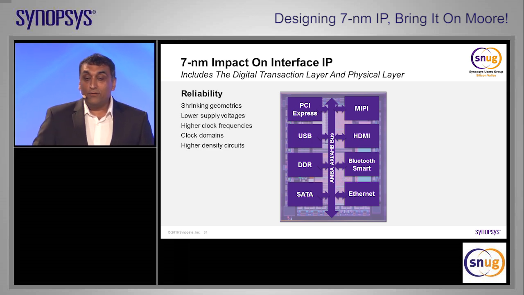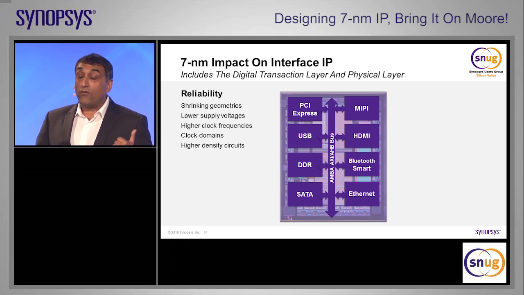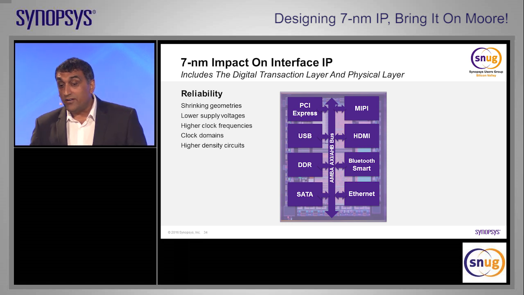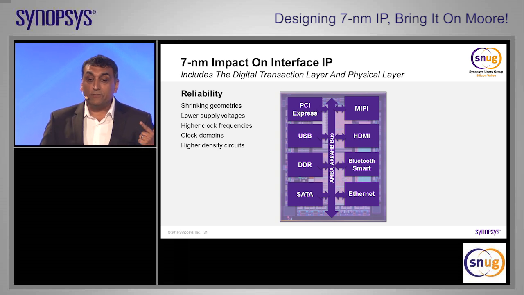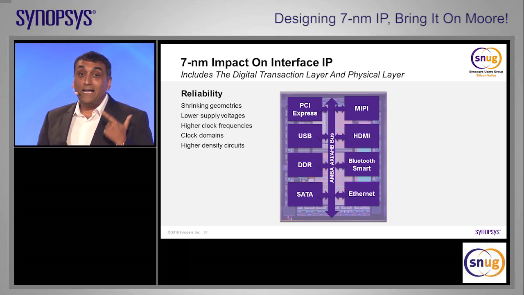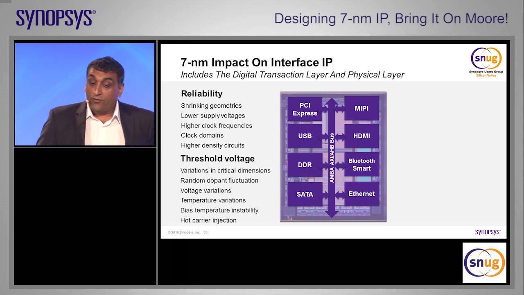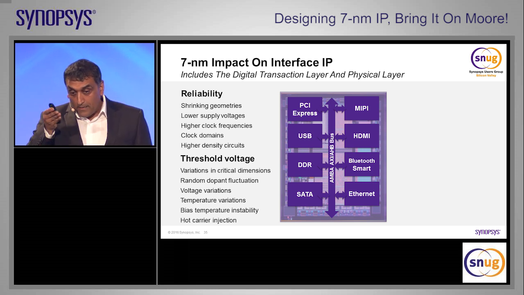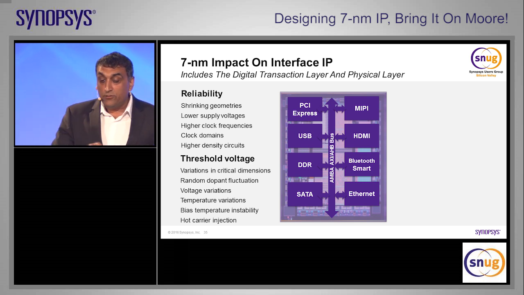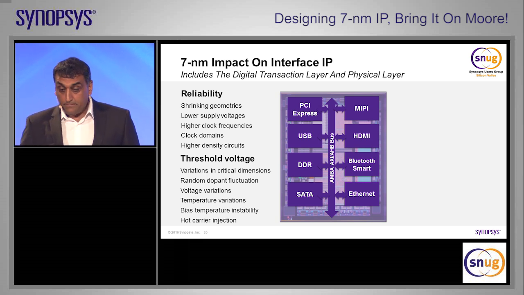Okay? So at a high level, reliability, you've got nodes that are getting smaller, lower supply voltages, clock frequencies that are going up, clock domains that are increasing. In the next 2 slides, I'll show you some statistics we ran at Synopsys of customers and how their clock frequencies are going up and how the number of clock domains are increasing. Higher density circuits, the issues with the threshold voltage, so basically the variations in critical dimensions, random dopant fluctuation, you've got voltage variations, you've got both positive bias thermal instability and negative bias thermal instability. The positive bias thermal instability impacts the hot carrier injection. That being said,